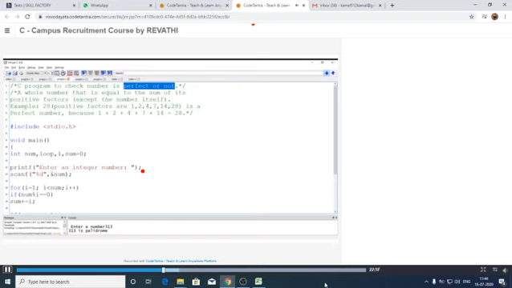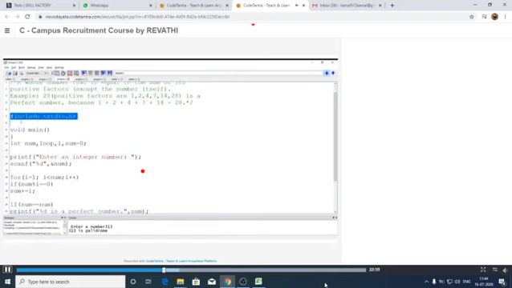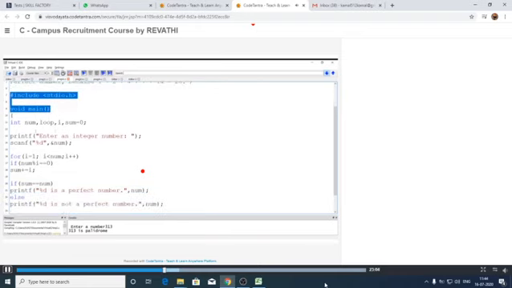First of all, we take the header files, and C program execution starts with the main function, and this is the declaration part. What are the variables we need for this one? First we have to take num, which is used for providing the input value. Next, I is used for counting purposes, then sum is equal to 0 for storing the result. These are the three variables we need.